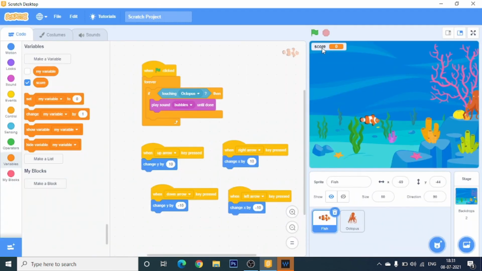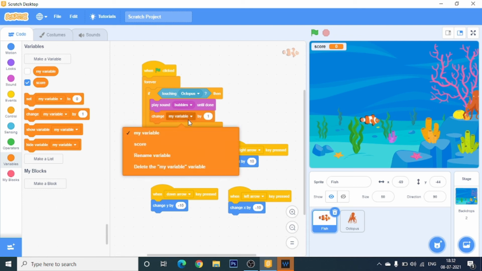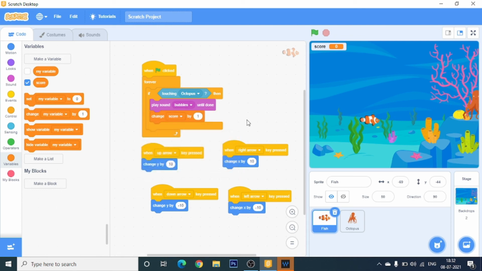Click on OK. So you can see score is here. Right now it's 0. I have not done any coding. So on the fish itself, here in the forever block, forever if touching octopus, a sound will be played and change score by 1. So let's start.